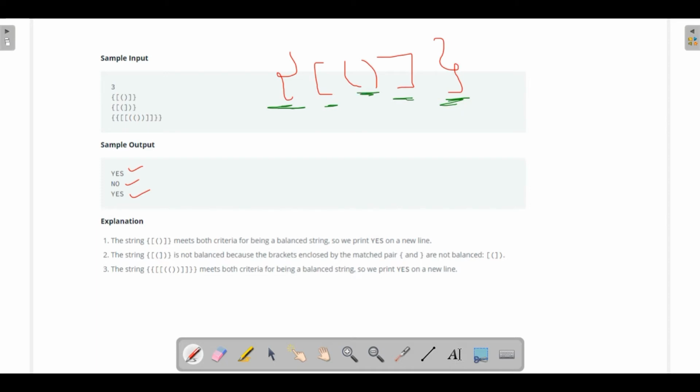That's why yes. The other two you can also check. Here is the explanation provided: this string meets the criteria, so we print yes on a new line. This one is not balanced because of this part in here. And the third one is balanced, so we wrote yes.